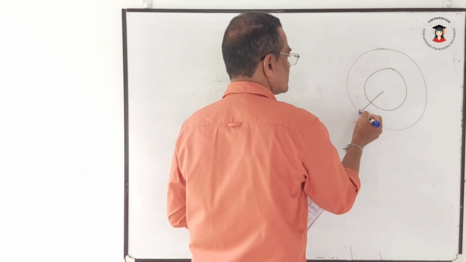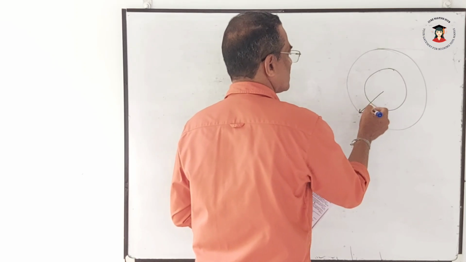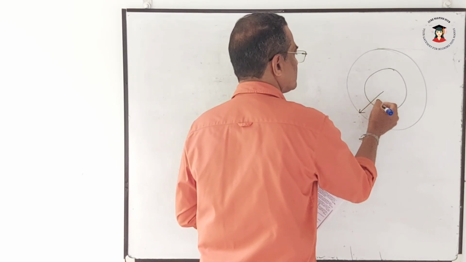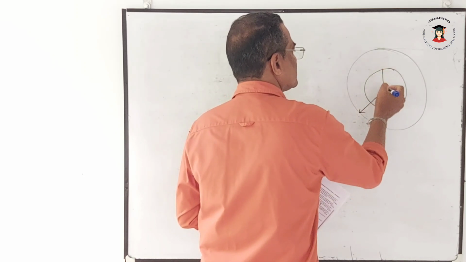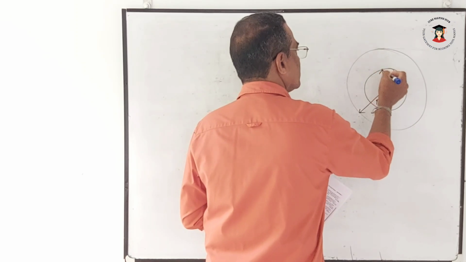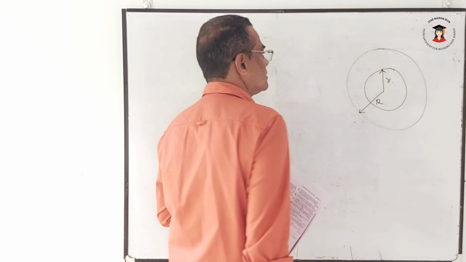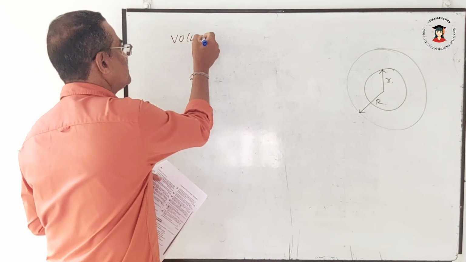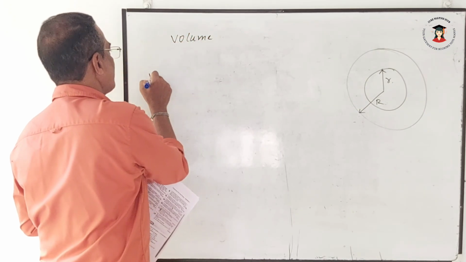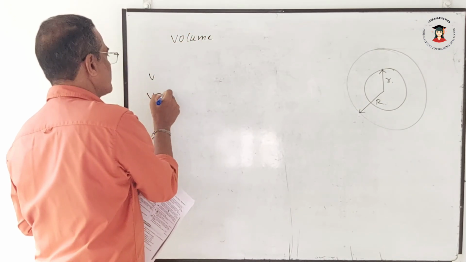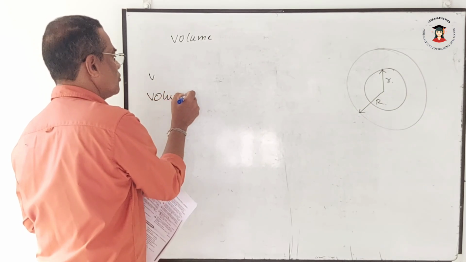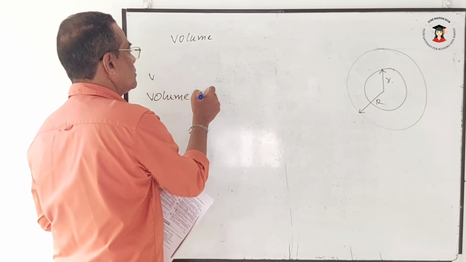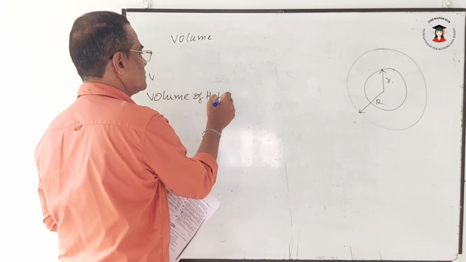Say this radius, let it be R, and this radius, let it be small r. Therefore, volume of hollow sphere